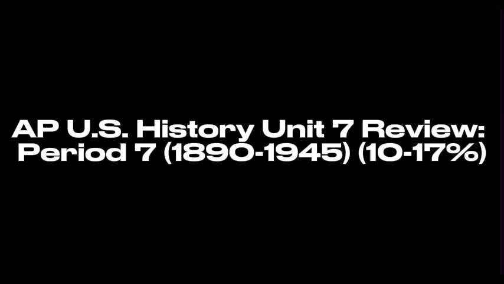Bretton Woods, the conference held in New Hampshire in 1944, was absolutely fundamental to the post-war economic order. It established two major institutions, the International Monetary Fund, IMF, to stabilize exchange rates, and provide loans to countries with balance of payment problems. And the World Bank. Right, the World Bank, to provide loans for reconstruction and development projects. But the crucial part of Bretton Woods was making the U.S. dollar the anchor of the entire system. How did that work?